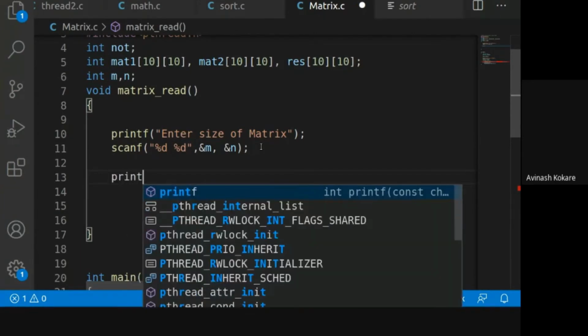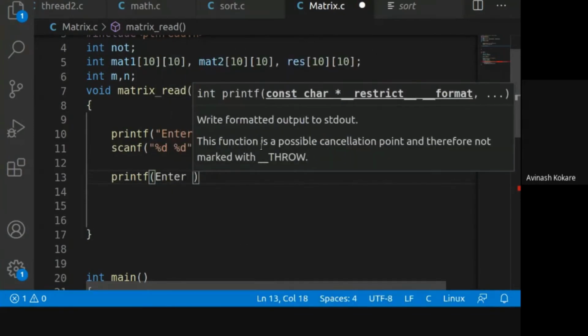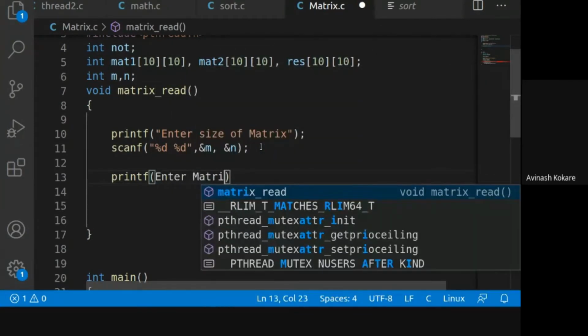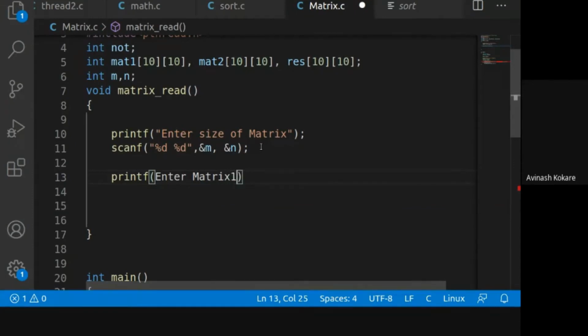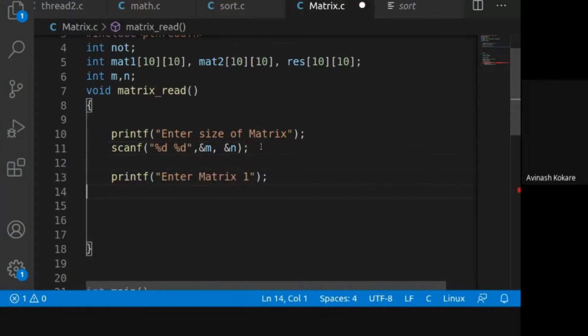Okay, then you have to read the matrix values. So here we will ask user to enter matrix 1. Then how you scan the matrix values? By using the for loop. How many for loops?